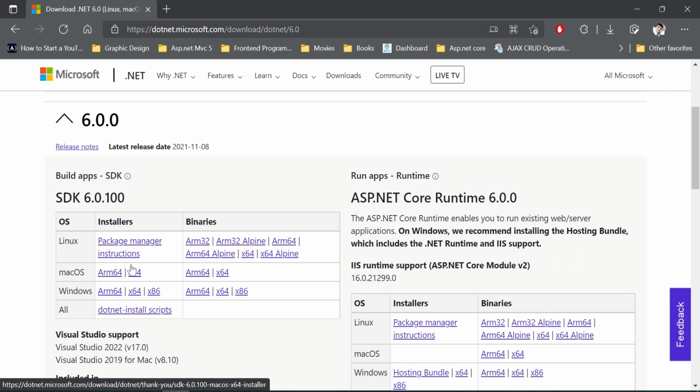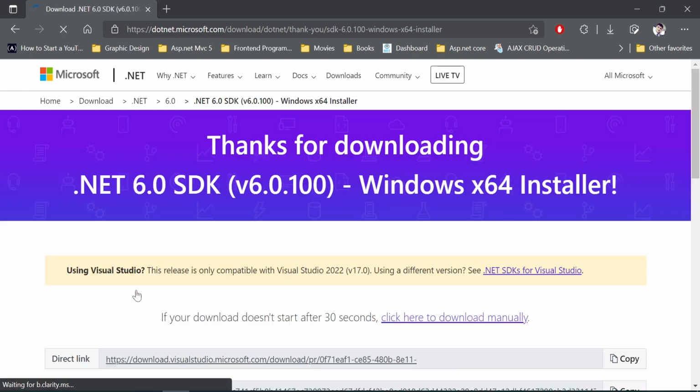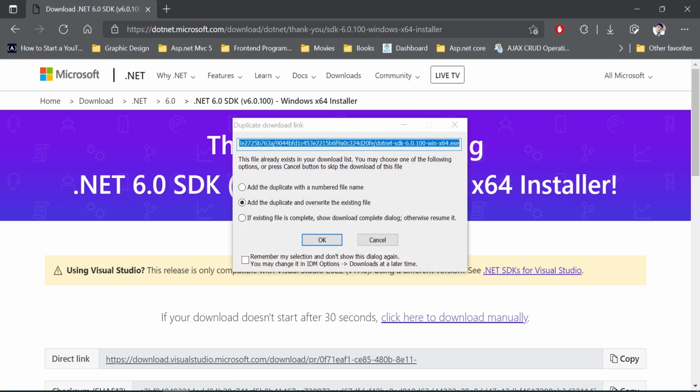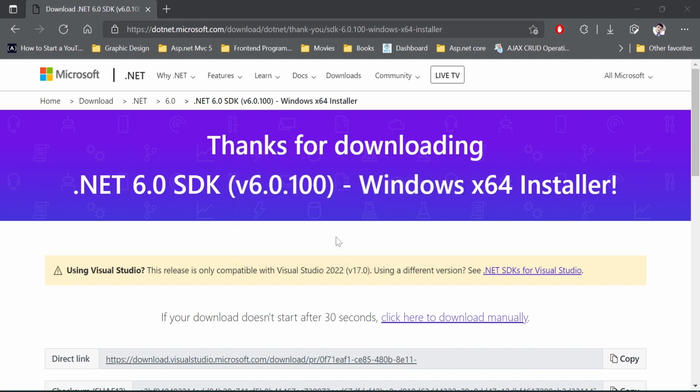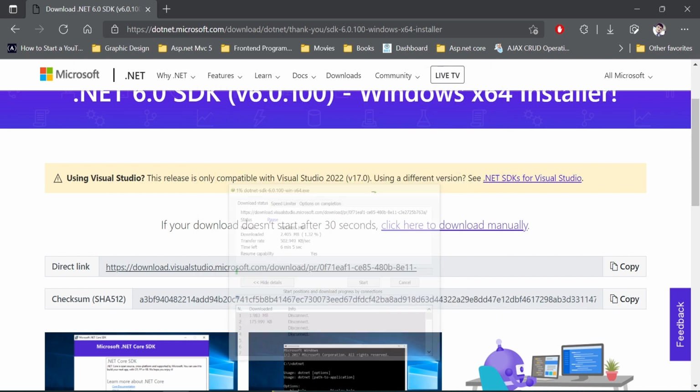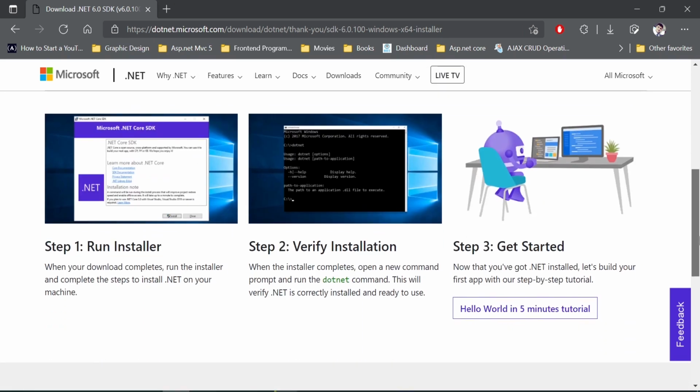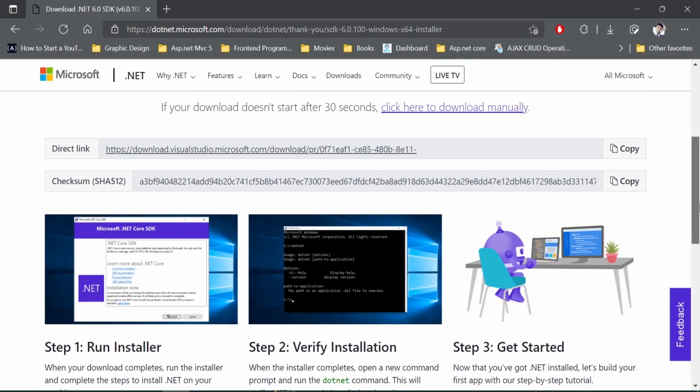And if you are on Linux, then you need to click on this one. As I am on Windows, I need to install this one.